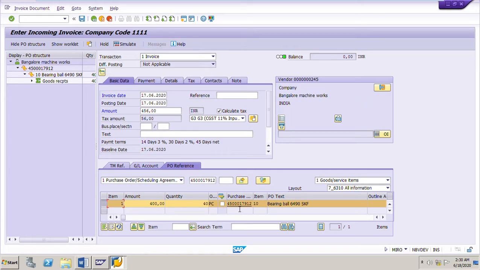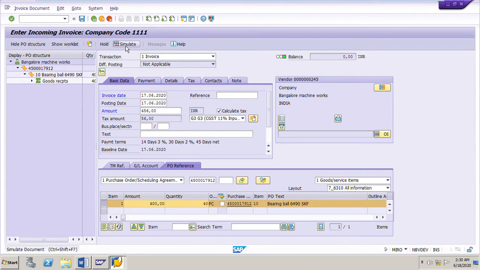But in this PO there is only one item, hence there is only one line item here in the invoice. If there are multiple items in the PO, we can find the multiple items here in the invoice. For each item the tax code may be different, so based on the tax codes for every item in the invoice, the system will calculate the total tax amount and the total net amount. We can then enter, simulate and post the invoice.